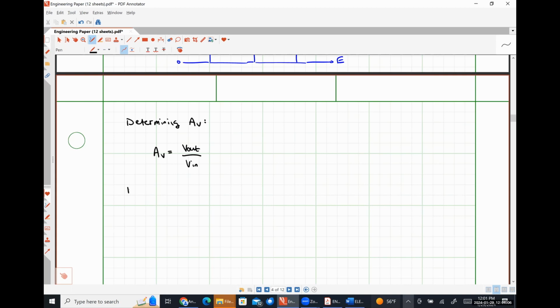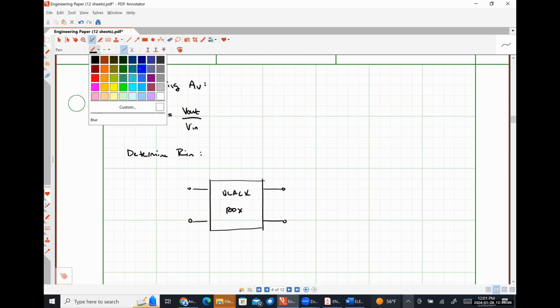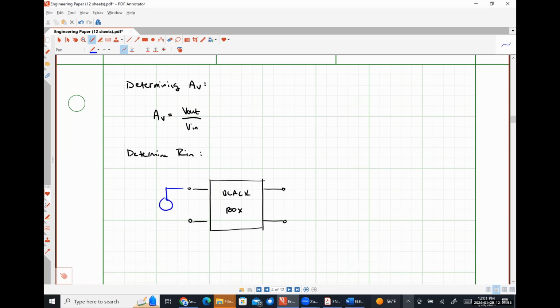Now let's talk about how we determine our input resistance. To determine our input resistance, let's say that we have an arbitrary black box network representative of any of the circuits that we're going to be dealing with. Here are the input terminals of our network. Here are the output terminals of our network. So we are going to apply a test source to the input,